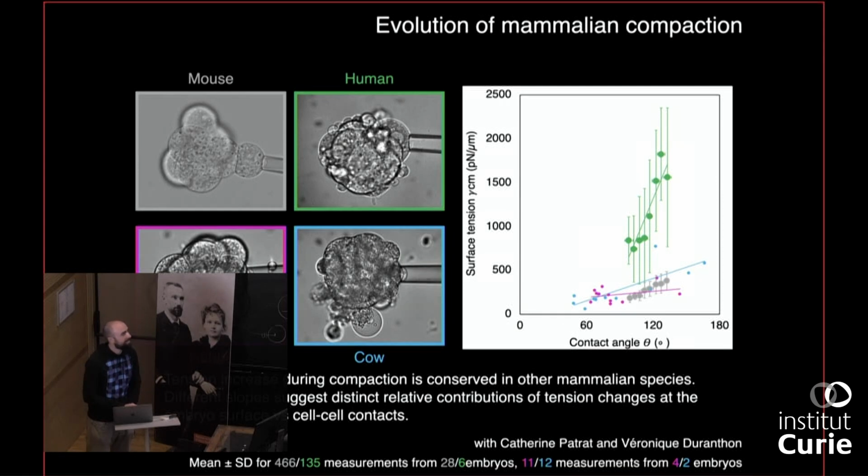I have a question actually, but it was more on the start of the talk. So if I saw correctly, the compaction happens at like 16 cell stage, more or less. And usually for monozygotic twins, it happens at 8 cell stage. How do you know this? I saw this in an article. So I was wondering if there is a link between compaction and the possibility of dividing.